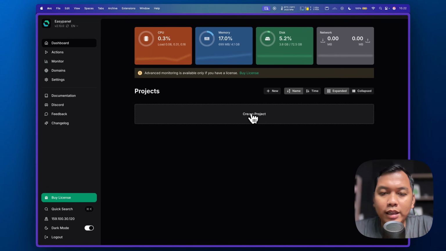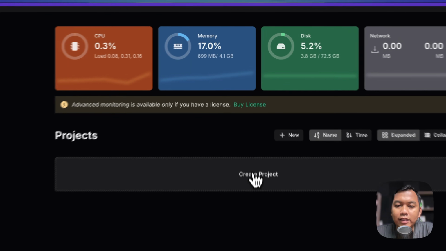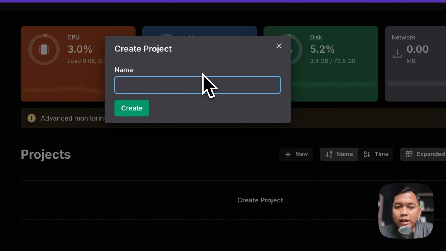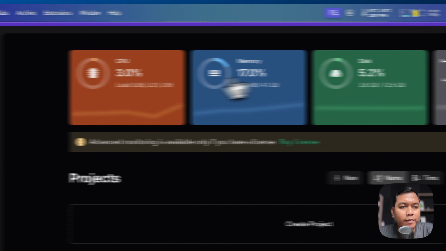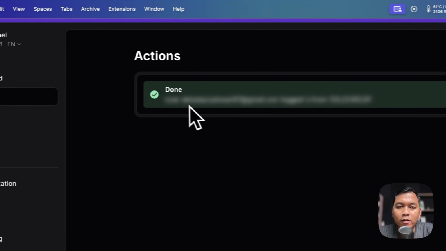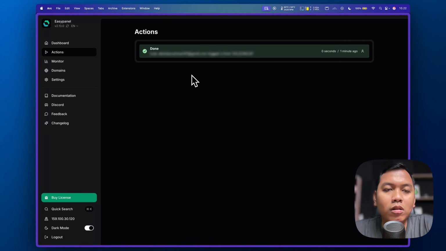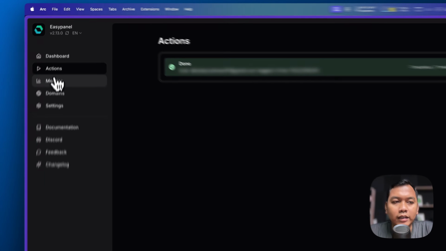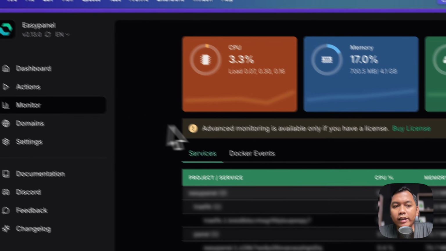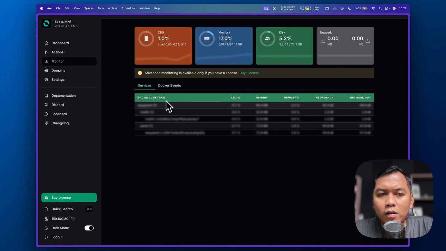And if we want to create a project, just hit Create Project here and give a name to the project. And then Actions, it's kind of like a summary or something like logs, but global. And then Monitoring, it's kind of like monitoring of our service or of our server.